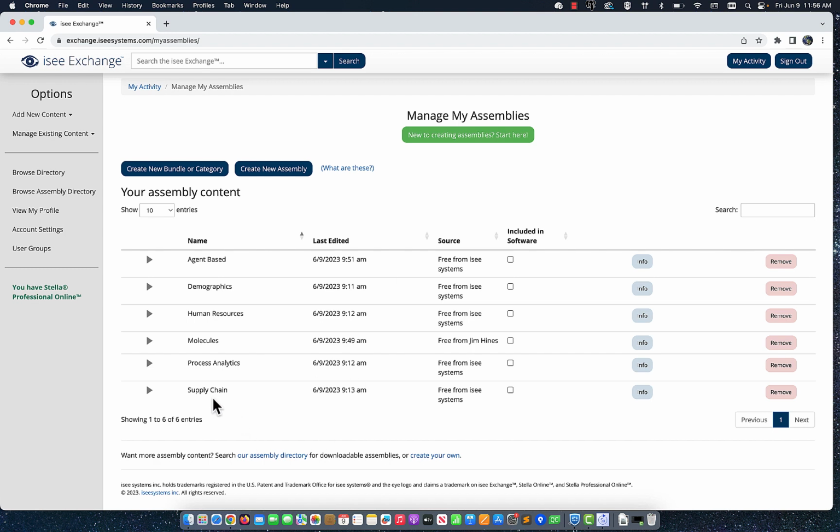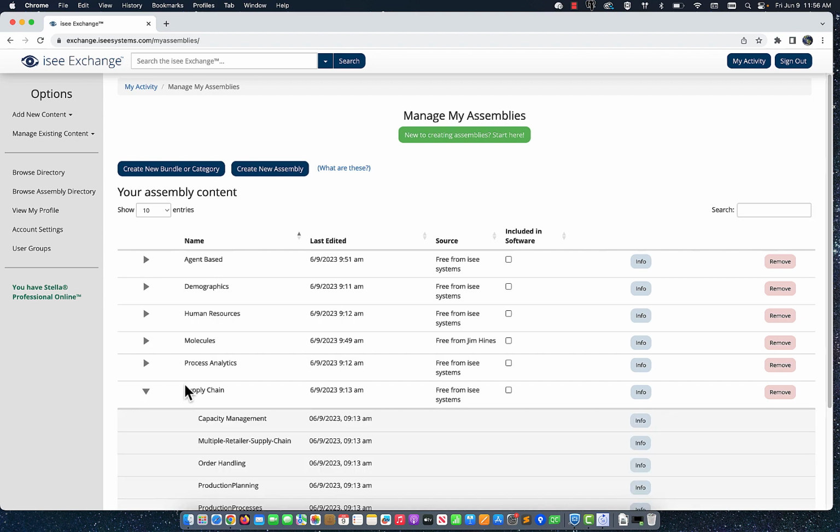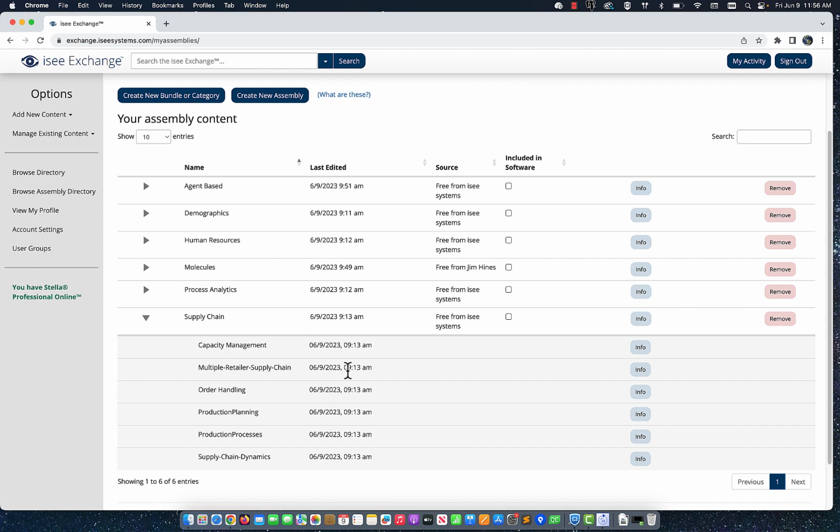So for example, supply chain, which I was showing you previously, is right here, and we can open it up and see all of the stuff inside of it, just like we saw in the directory. And you can see that this was free from isee Systems, who created the bundle. Now, if I want to make all of these assemblies available in my software, I can click Included in Software